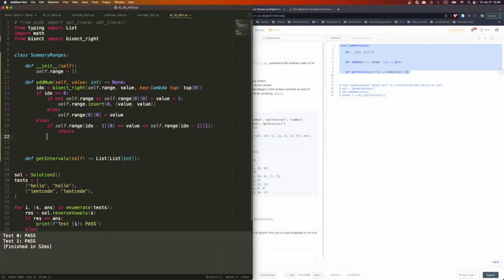Else, if it's inside this, if it's equal to the next, well, that's not possible because equal to next will go behind, so it definitely will be smaller than the next. Then the next condition is it's larger than this. If it's larger than this, we have two scenarios. We can say if self.range[index-1][1] plus 1 is equal to value, and